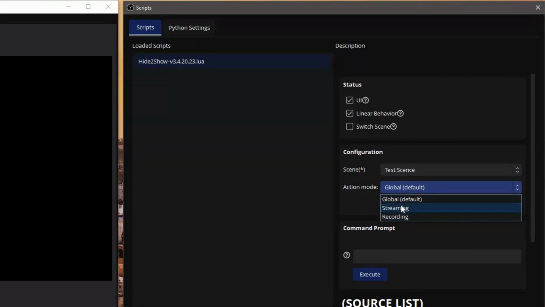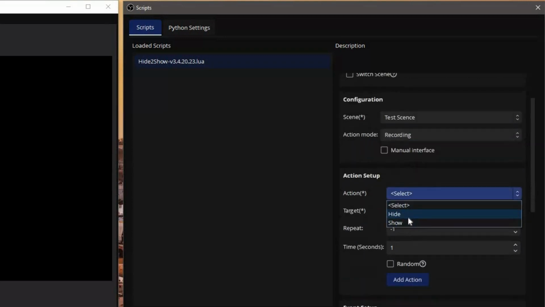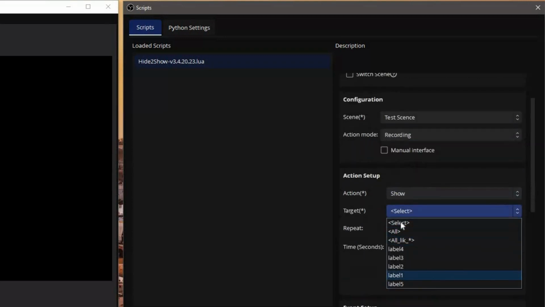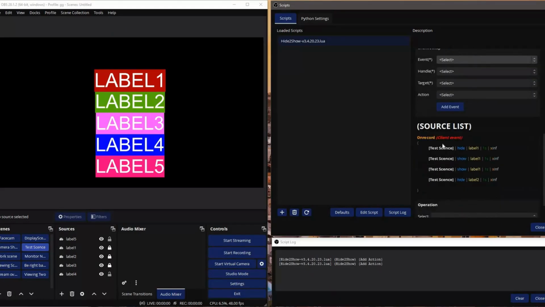So you could also do the same thing by selecting it on the action mode. If I click recording on the action mode, the reason why you do this is because you're going to be using the interface itself to do this. So for example, if I say show label 2, and then just like that, and then hide label 2 just like that, you would notice that now if we go to the assurance list, we have